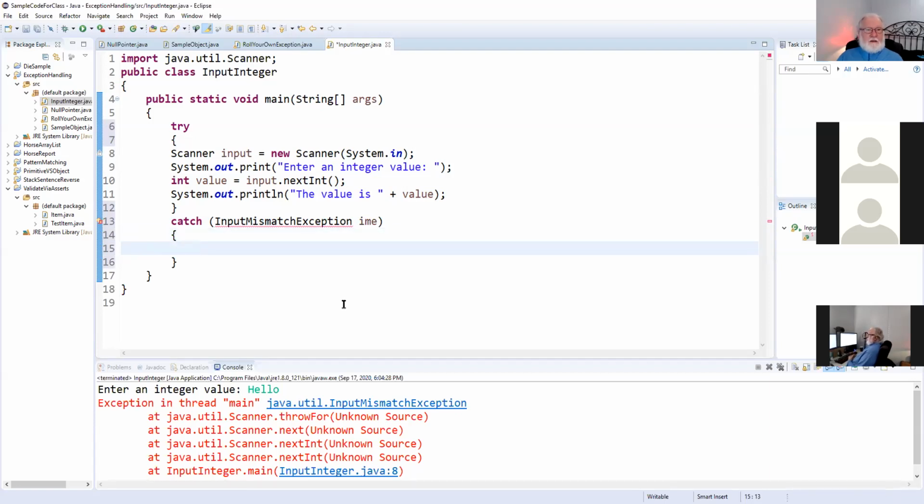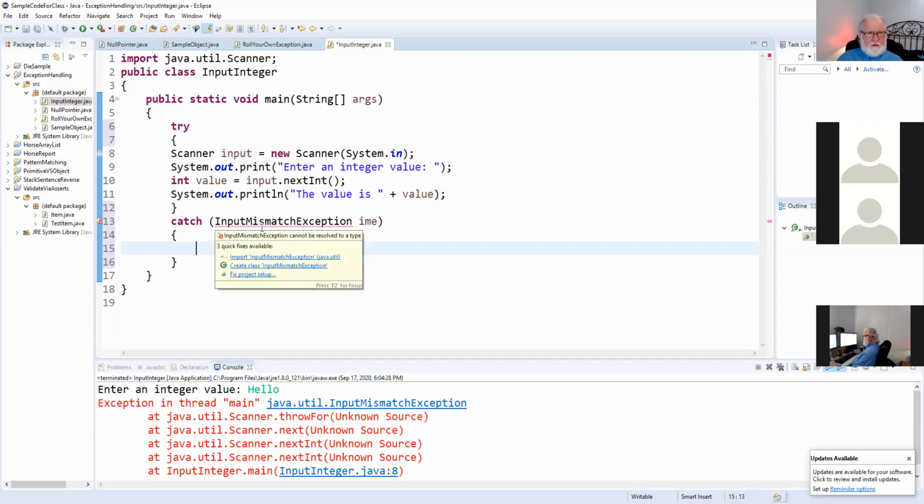well, the whole idea, what's it kicking about? Did I misspell it? Exception cannot be resolved to a type. Okay, that's a new one. Let me go ahead and finish my thought, and then I'll come back and fix that error, whatever it is. All right, so